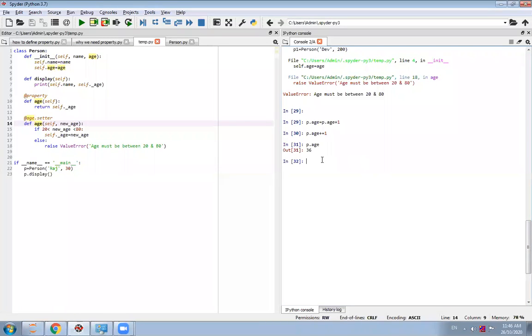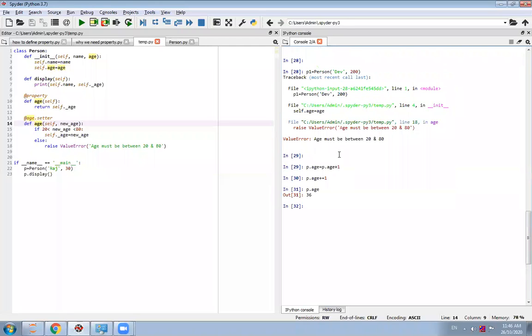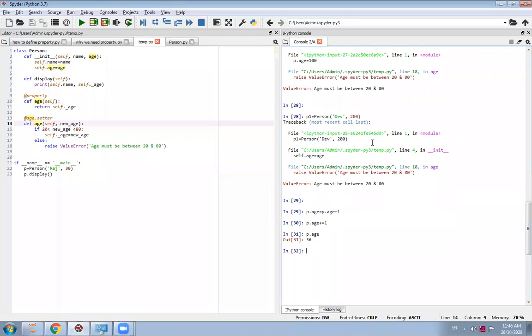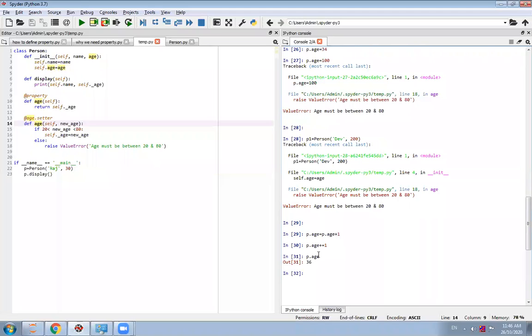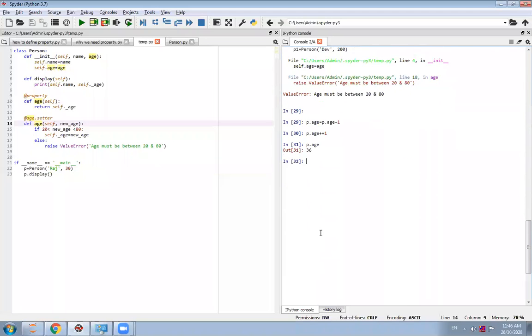So see, very easily you can increment the age: 34, 35, 36. So you can use it like an instance variable. At the same time, this code is backward compatible.